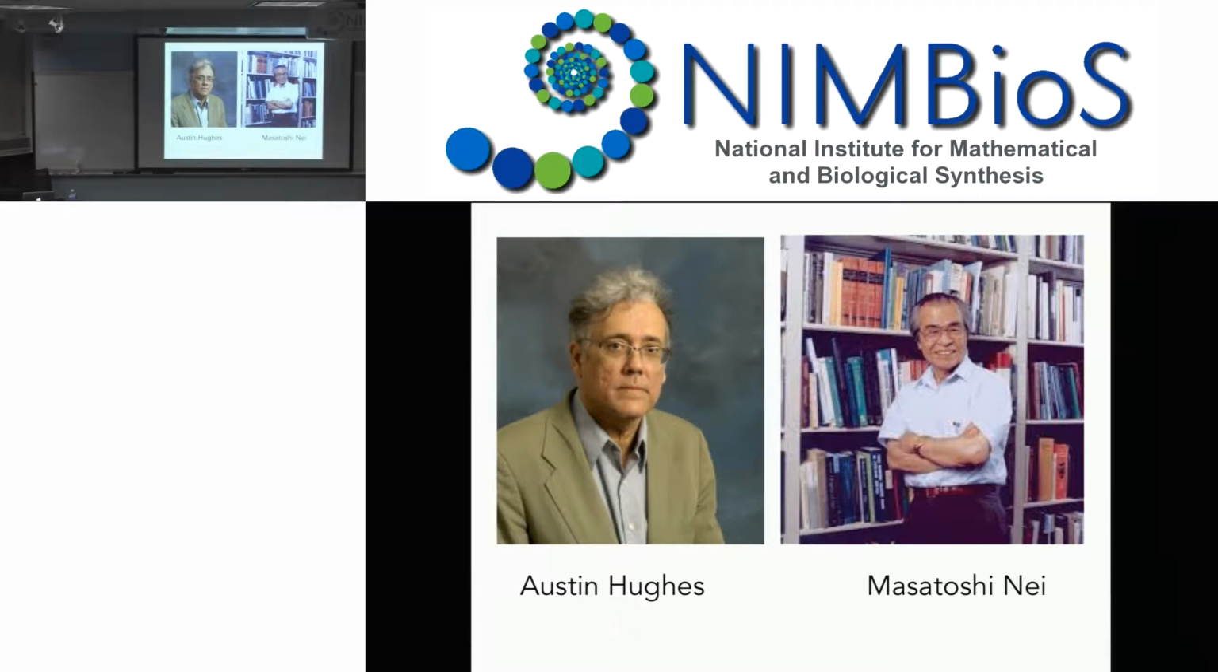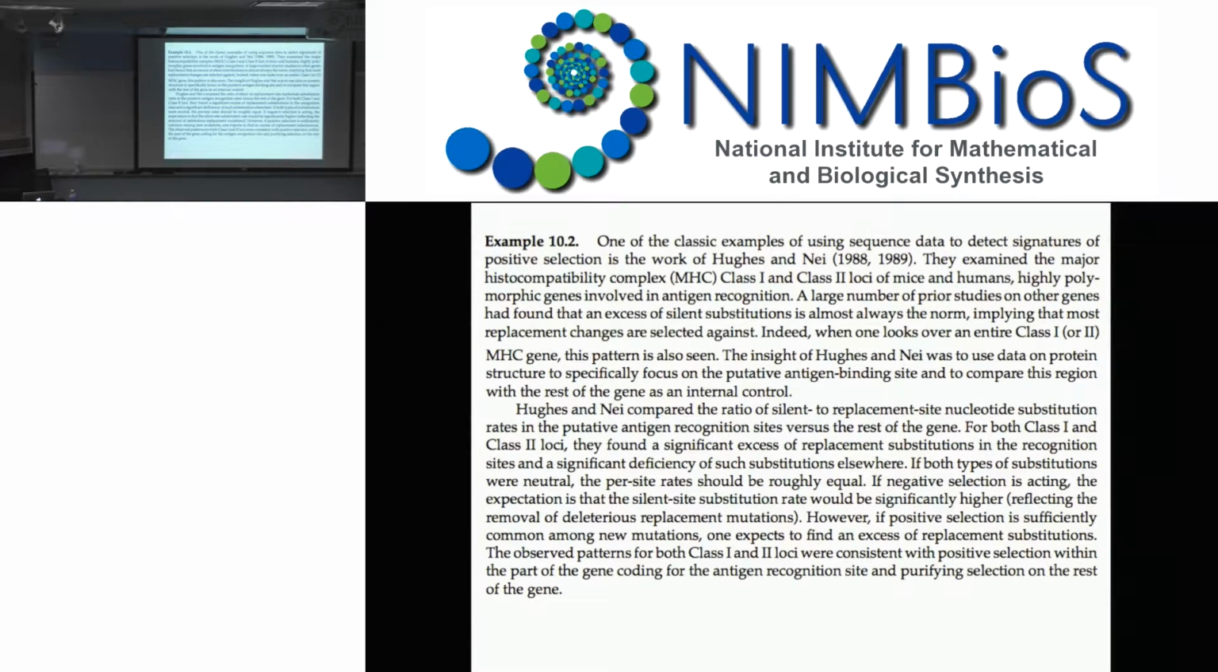So I already mentioned the classic study by Austin Hughes, who unfortunately passed away a couple of years ago, and Masatoshi Nei, and this was looking at MHC1 and MHC2, major histocompatibility. These molecules basically have certain configurational shapes, and those shapes grab antigens. If you look over the entire sequence, comparing humans and mice, you see a much higher rate of substitution at third base positions, that is silent, than you do at first or second, that is replacement,